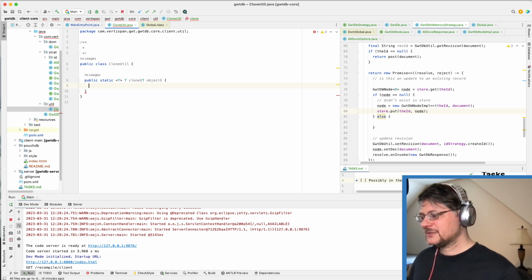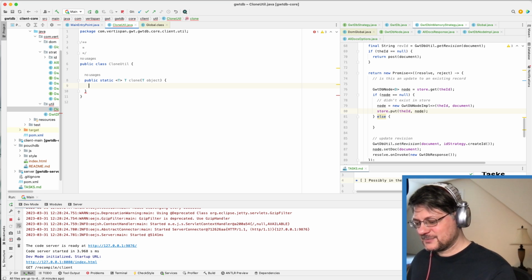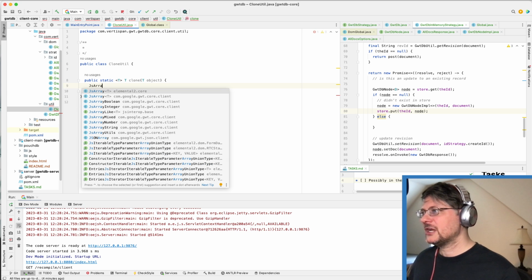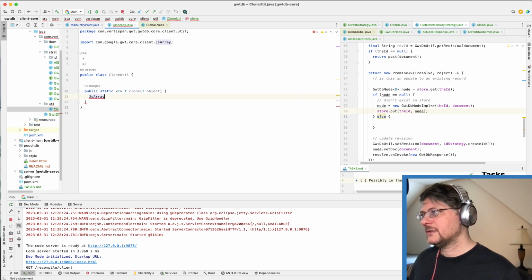Well, you'll see. It's probably really dirty, but it's only like 5 lines long. So basically, they created a JS array. They used the core GWT one, so I'm going to do that first, and then I'll look at doing this in